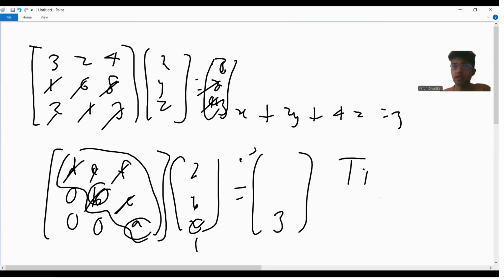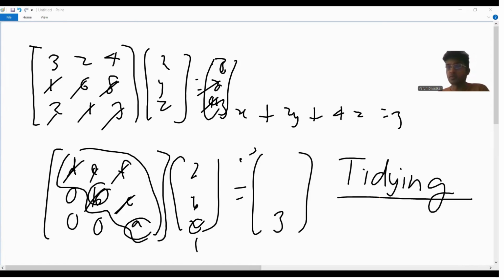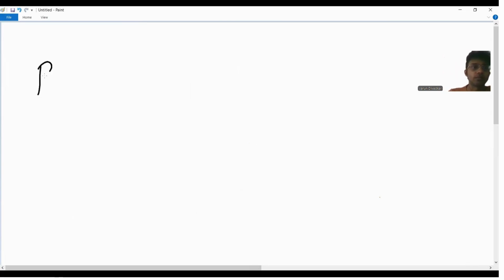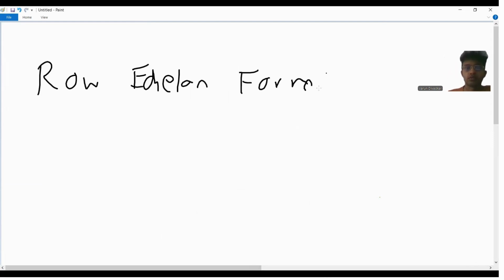It's a way of tidying your matrix in such a way that it gives you the relationships between the variables really upfront. That's basically the echelon form of a matrix. Now, this echelon form of a matrix can be of two types. One is called the row echelon form, also abbreviated as REF,